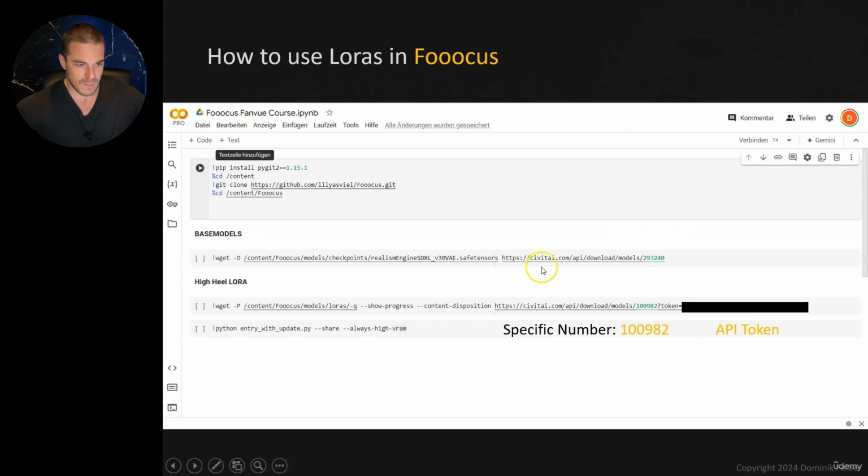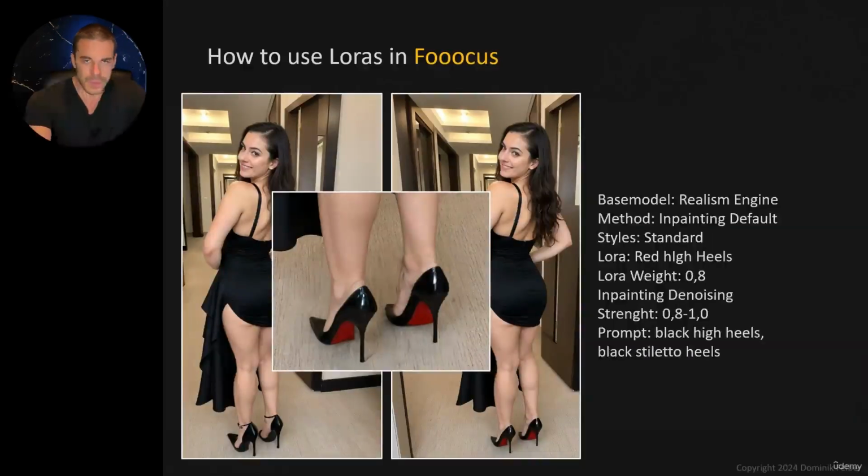Then up here we have a base model, which is the realism engine, and afterwards the LoRA. And how you do all that, we already learned in other lectures of the course. Good. After that, you can start with the inpainting,